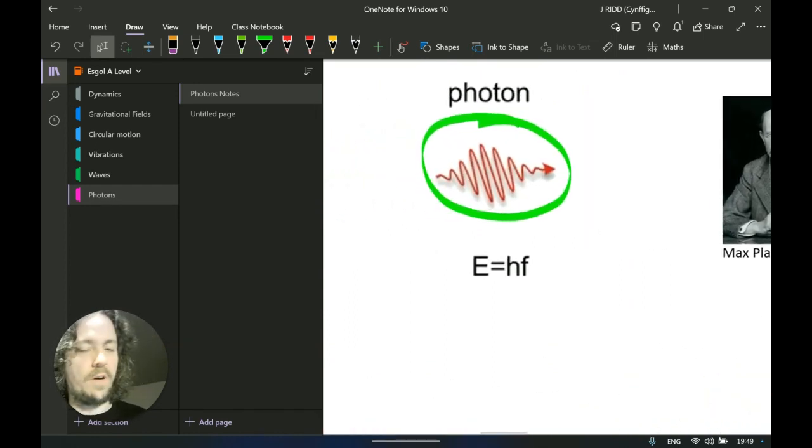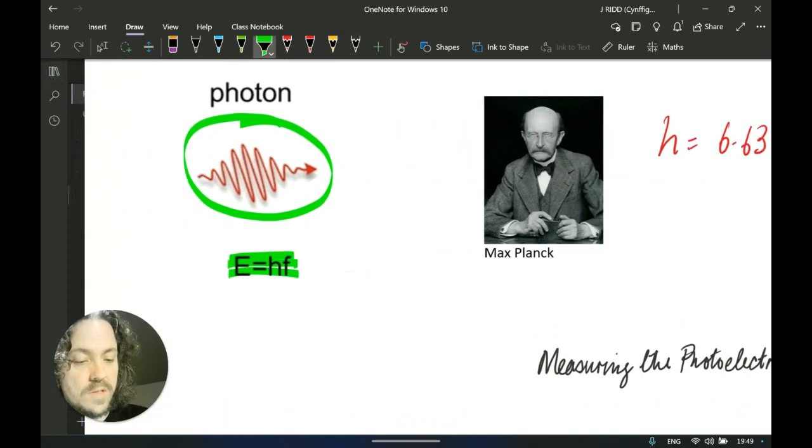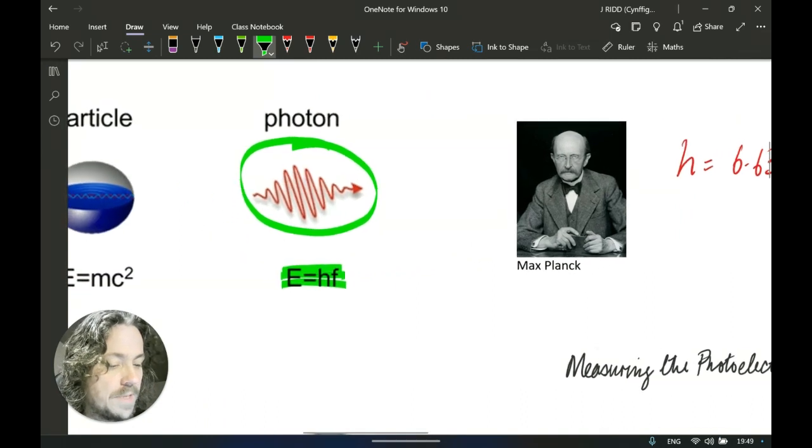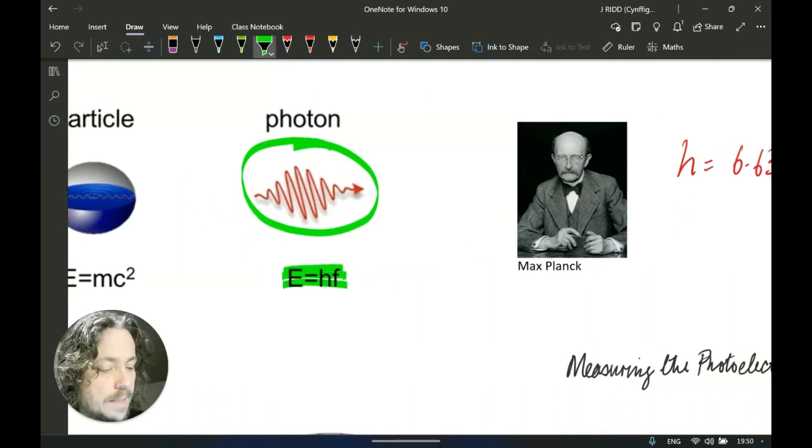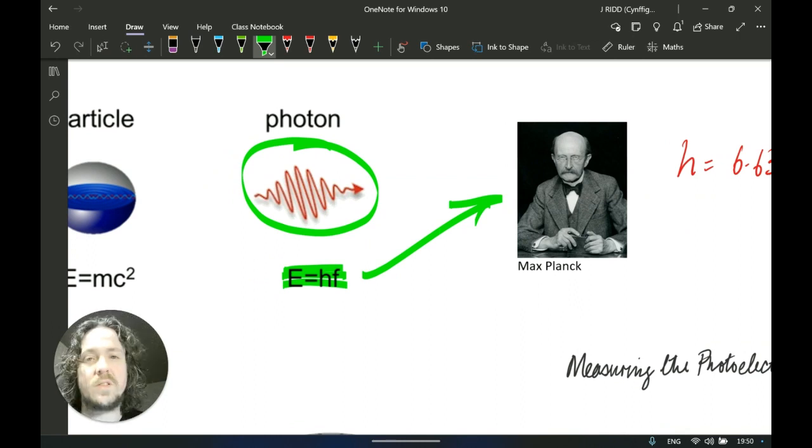The energy of a photon is given by this formula here. E is equal to hf, and this was put forward by a very famous physicist known as Max Planck. In fact, this equation, without going into too much detail, and the implications of the fact that energy was quantized, i.e. came in certain values, was such a groundbreaking discovery and idea that it really was the start of what we now call quantum mechanics, a whole branch of physics.